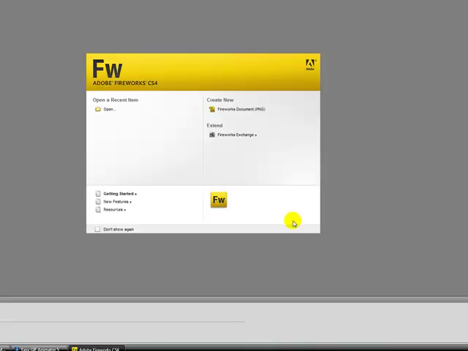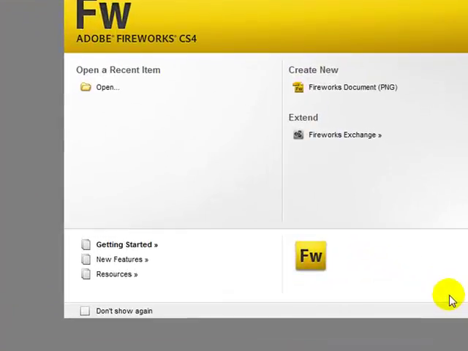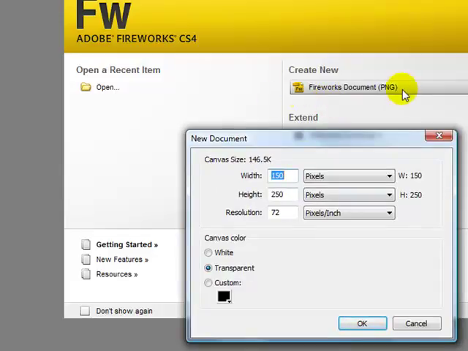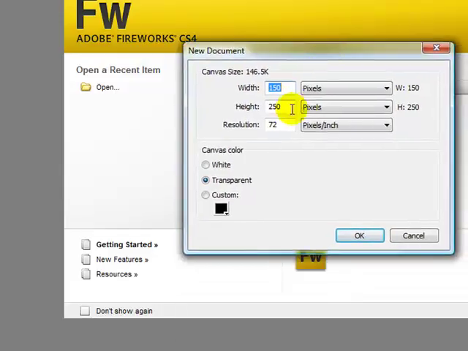For this tutorial I'm going to be using Adobe Fireworks CS4 in correlation with Easy GIF Animator 5. And granted, you could use your own graphic design and animation software, or you could just use Fireworks to do the whole thing. For me, to make this tutorial, I'm going to show you how to use these two programs and integrate them together. First and foremost, we're going to create our new Fireworks document, PNG, and